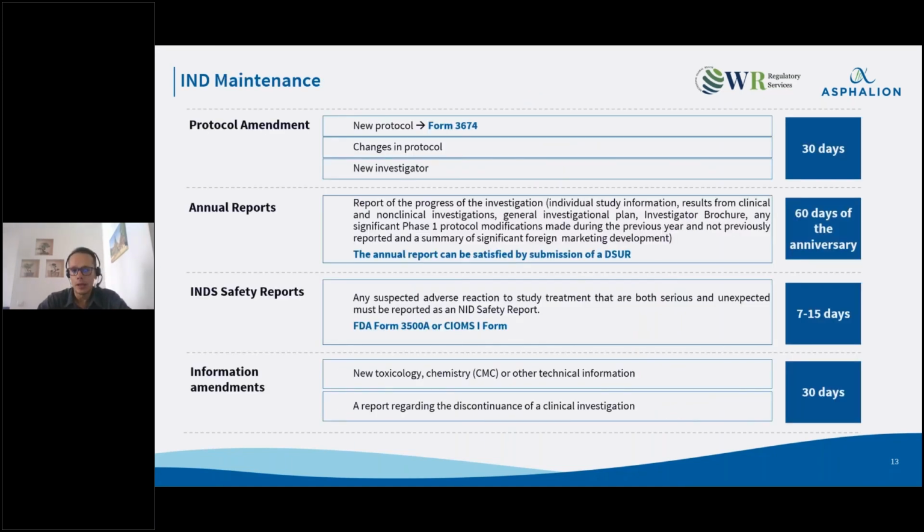Another thing I would like to stop at is the IND maintenance. Which kind of information would you need to submit to FDA once your study is ongoing and your IND is active? Basically you have three main types of submissions. You have amendments, which could be updates on the protocol or some other dossier information, like non-clinical or mostly CMC. You could also have annual reports,